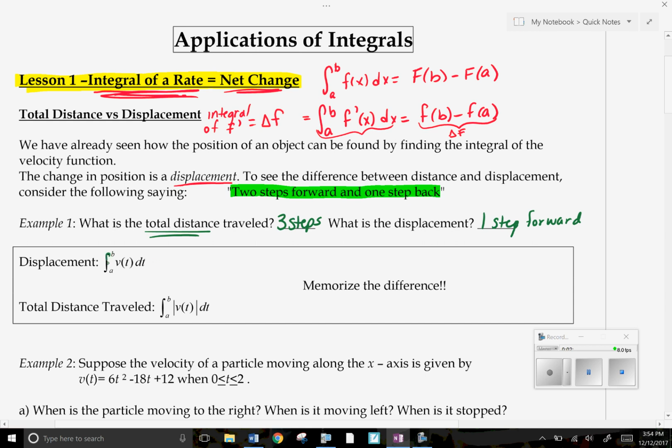Displacement can be found by integrating velocity. The integral of velocity, the net area under the velocity curve, gives you your net change in position. So when we go to do our displacement,